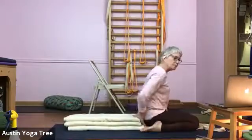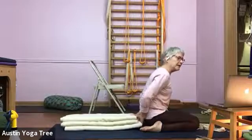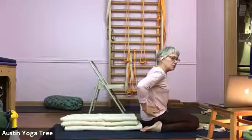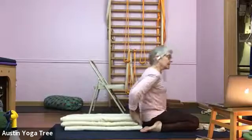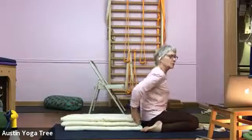I don't know if anybody can do this. I don't really want to get ahead of the group. Does anybody want me to show this? I see a lot of chairs. Okay, I also see some blankets, so